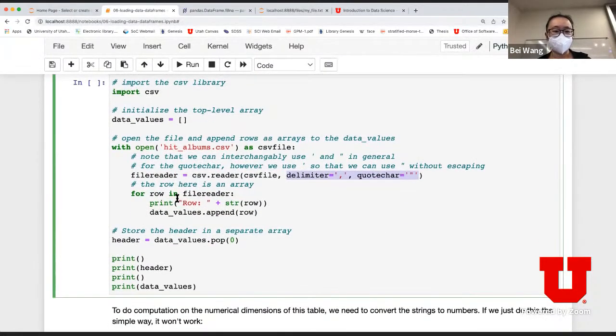And then the rest of it is a for loop, which says for everything I have read, I'm going to print each row I have read, and then put it into a list of lists. Okay, so all the parsing, all the splitting that I did, I can do using this one single line.